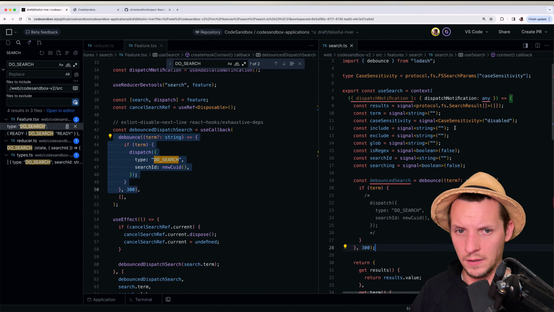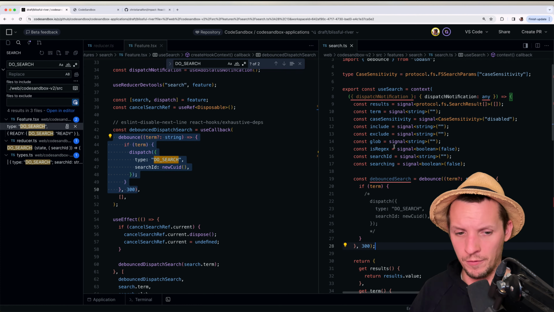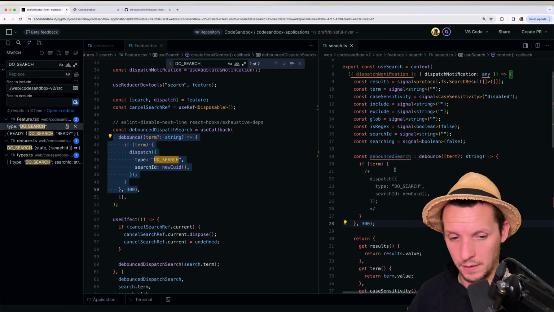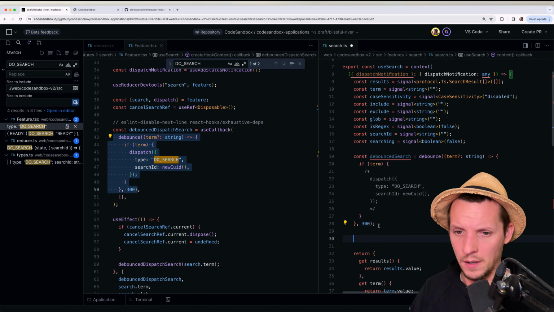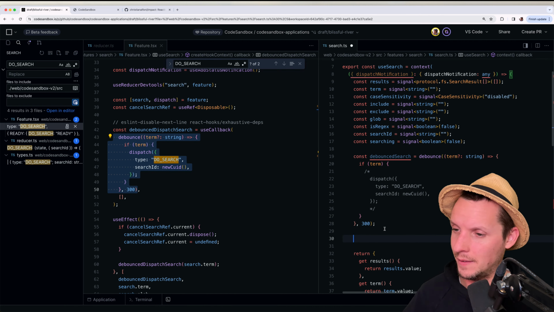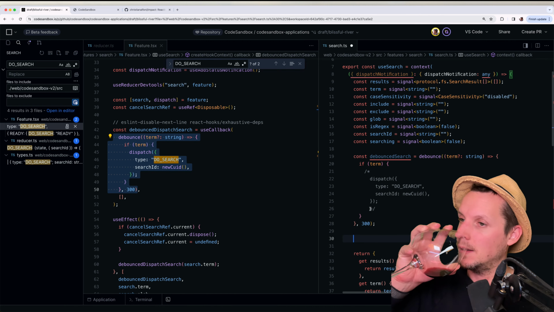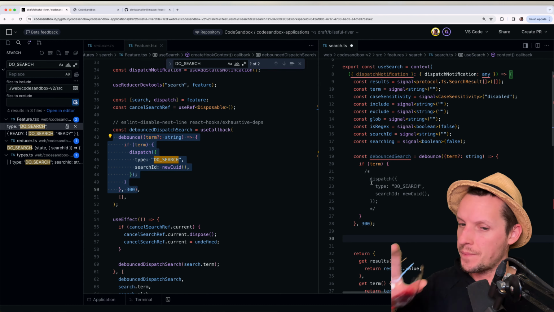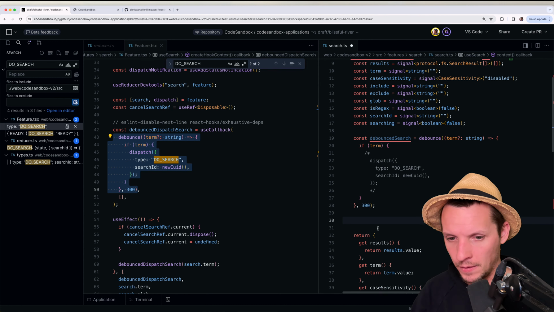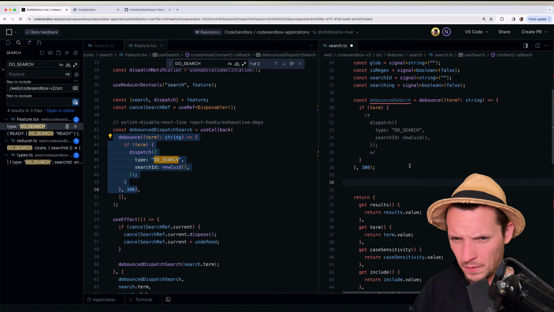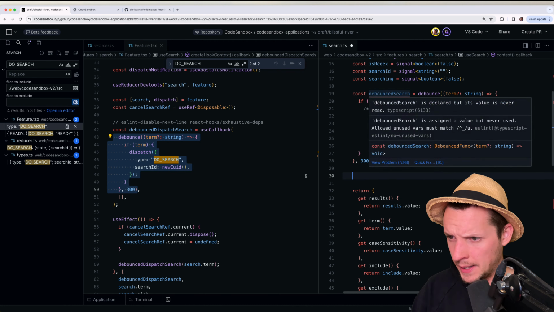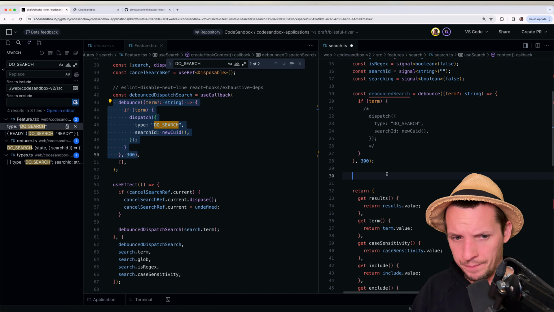This reactive context scope only runs once, just like with Solid, right? It's reactive, which is funny. A library called React and it's not reactive. And then we have debounced search, and then